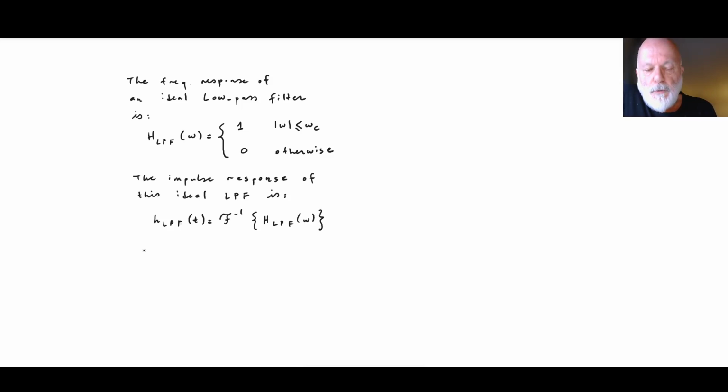So h LPF of t is equal to, we know the inverse Fourier transform integral, 1 over 2 pi from minus infinity to plus infinity, capital H of omega e to j omega t integrated with respect to omega,